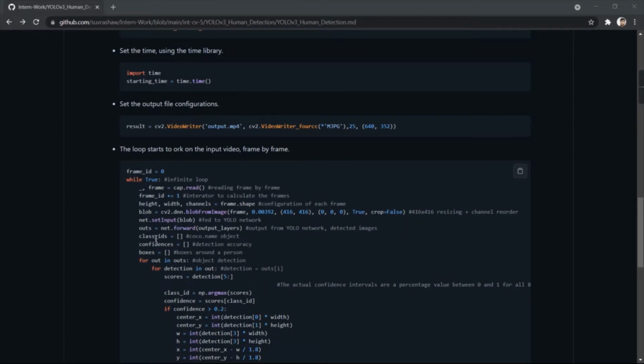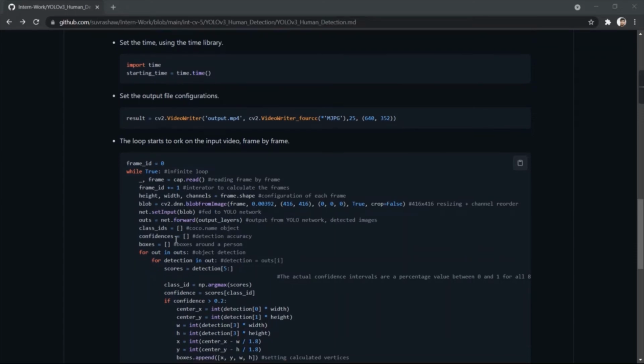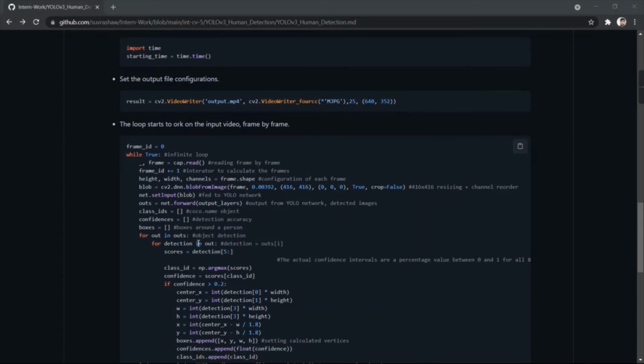Now here the class id variable will obviously be an array. This is for COCO name objects, and here confidence is also an array for detection accuracy. Now for boxes around a person, we have used the boxes variable. Now again the loop will start for object detection.